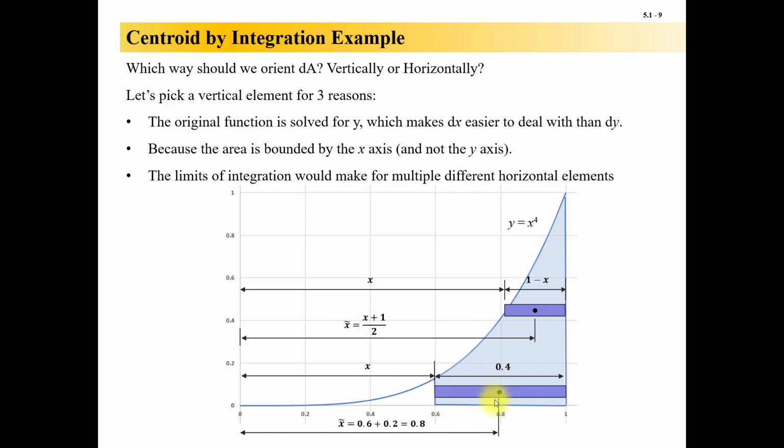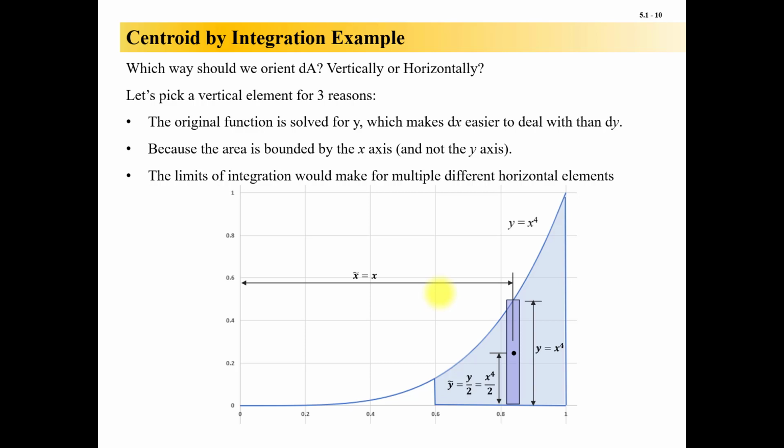Down here, for this particular problem, think about it. This thing is 0.4 wide. Its distance here is x, and so the location of the centroid, x tilde, would be equal to x plus 0.2. This is actually a simple little element down here, but it does complicate things, because then you're going to have to break this up into little composite areas and whatnot. This isn't really the way I would solve this problem. Instead,